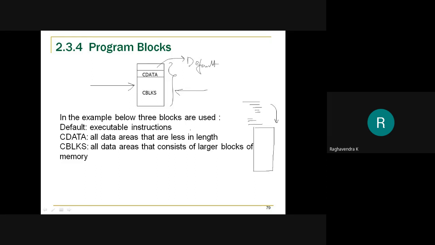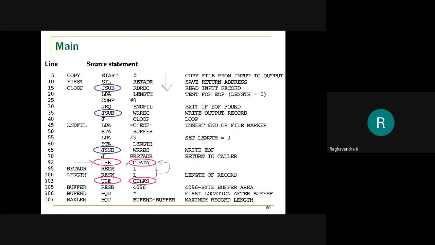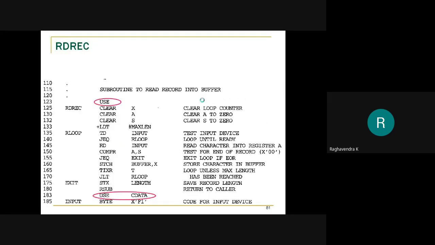This resulted in smaller displacement between the instructions, and as a result, you can observe that in this program we have not used any extended format instructions. Because the data and the instructions are closer to each other, it results in a smaller displacement, so we need not use extended format instructions. This is one of the advantages of using the program block concept.